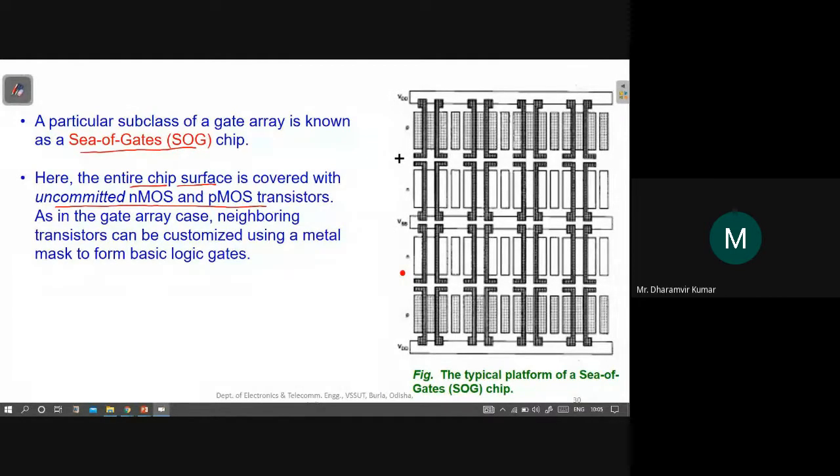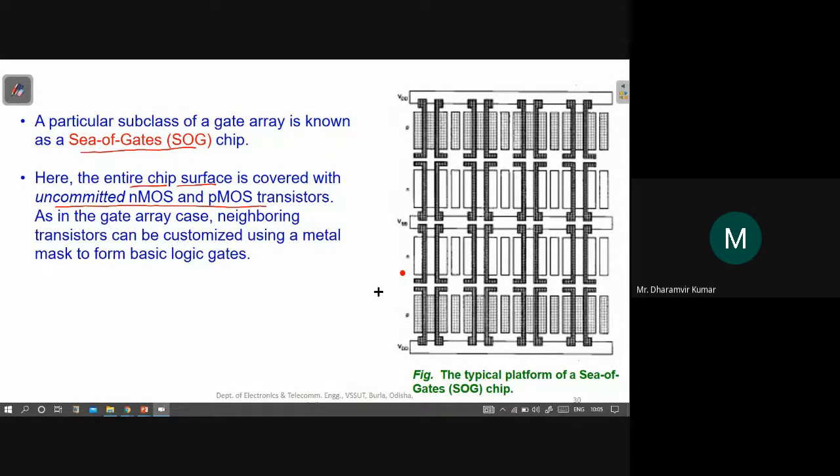So it's a sea of gates that contains only transistors. These transistors are used for performing the logical functions as well as the interconnections between different transistors. It is used for making both the circuit and the interconnections, because it contains only transistors.